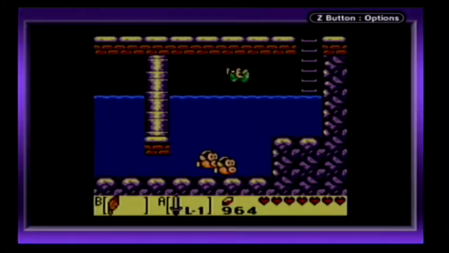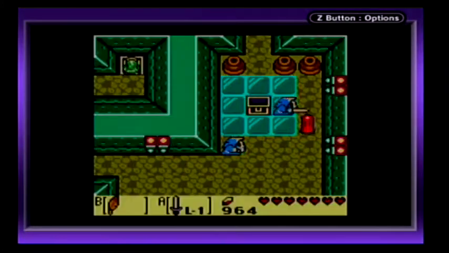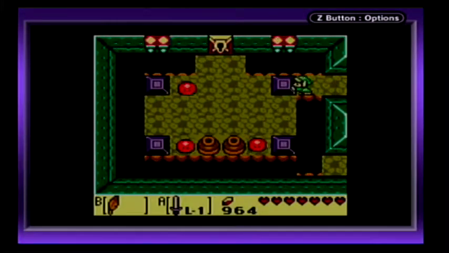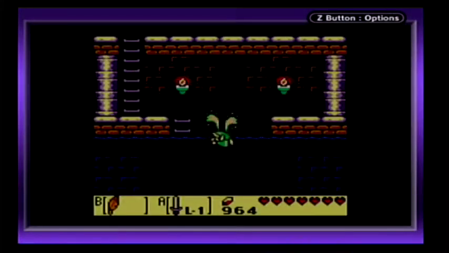We can now go down here. Now, I've actually shown off everything in this dungeon, besides, of course, the boss. I have to say, like the mini-boss, this boss is so easy that the mini-boss is easier. Then again, my run of it doesn't really show how easy that mini-boss was. Okay. Anyways, we go down here, and...